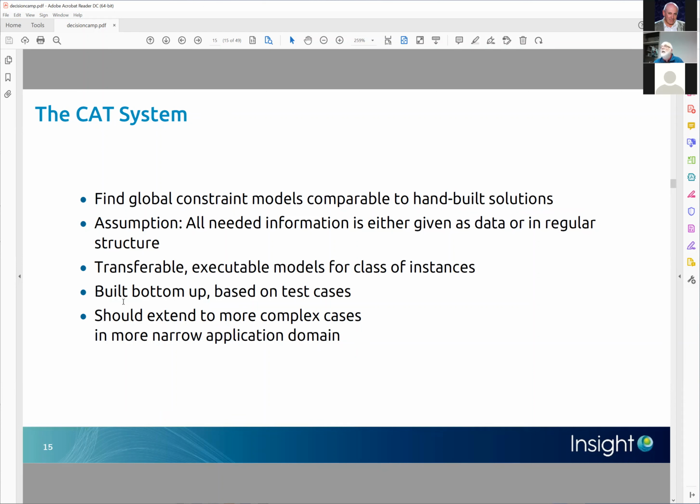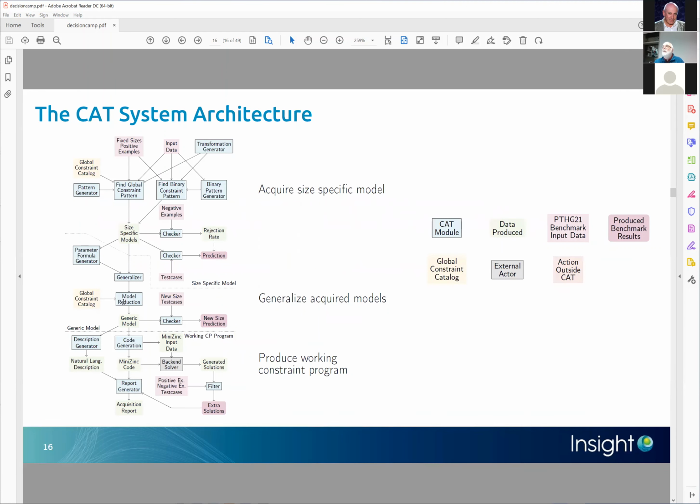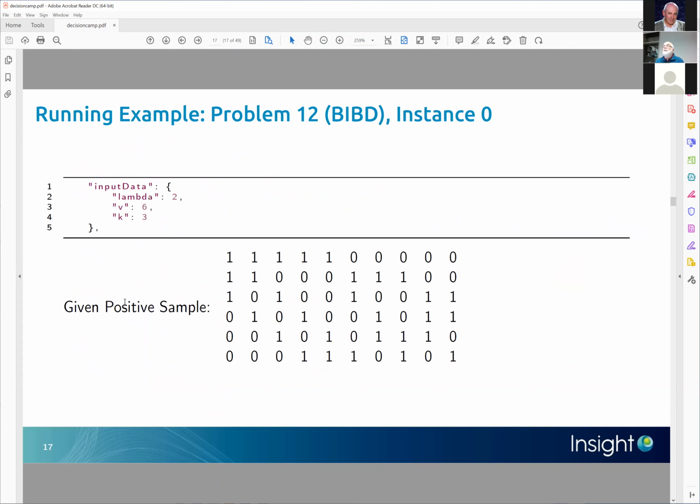I think next year we'll have some first results on job shop, flow shop type of scheduling problems. Okay, this is the overall architecture, and you will say that is a bit too complicated. Well, there are quite a few things happening here. We'll not go into the details, but another example: here we have BIBD, so balanced incomplete block designs, and this